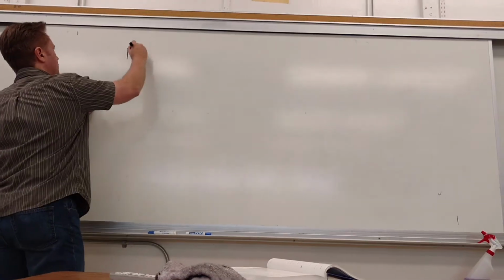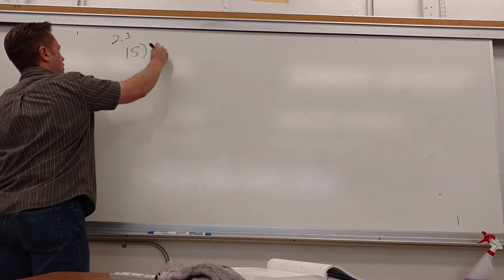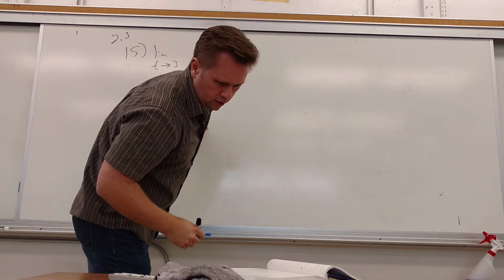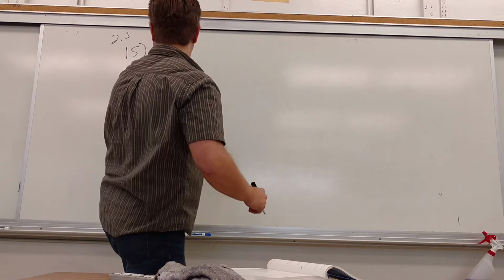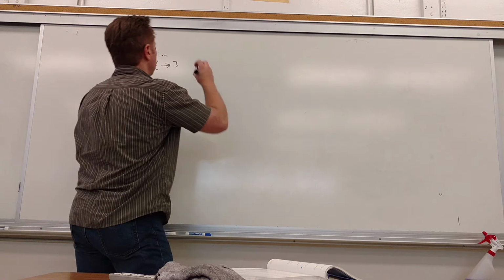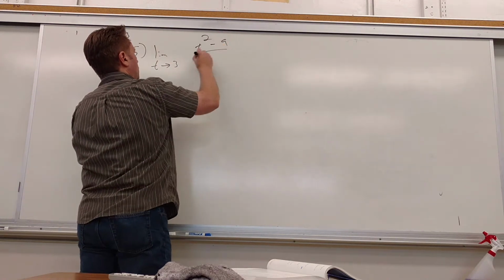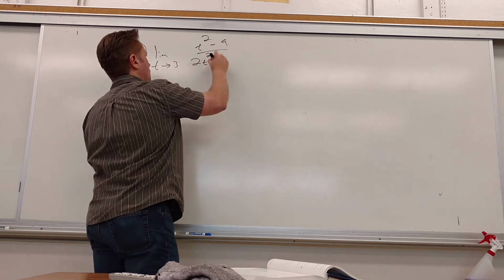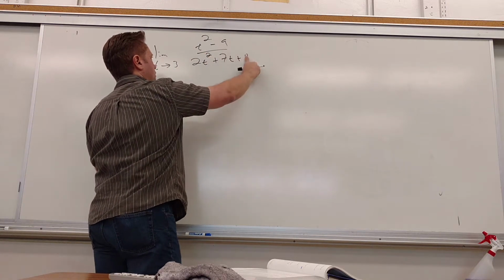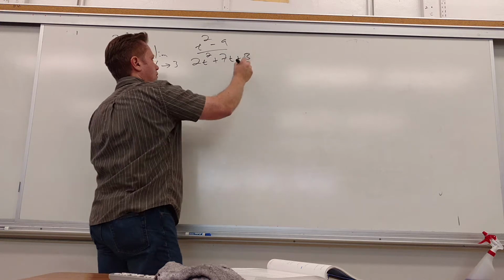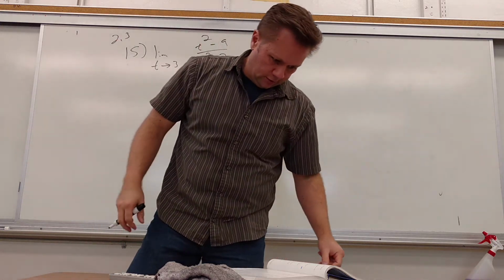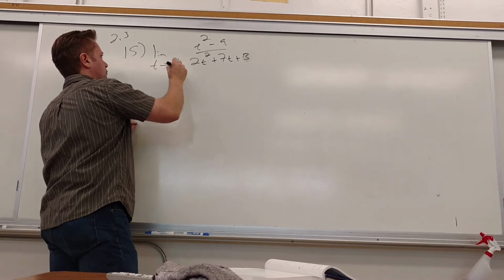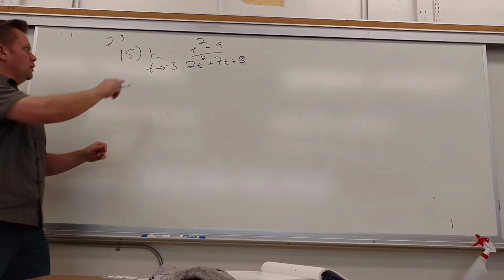So this one says, this is 15.2.3. The limit as t goes to -3 of (t squared minus 9) over (2t squared plus 7t plus 3). Oh, I like this problem. It goes to -3. So it's not quite as good as I thought it was going to be. Oh, well. If it was this,